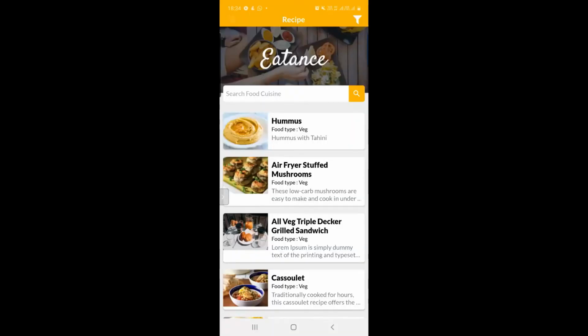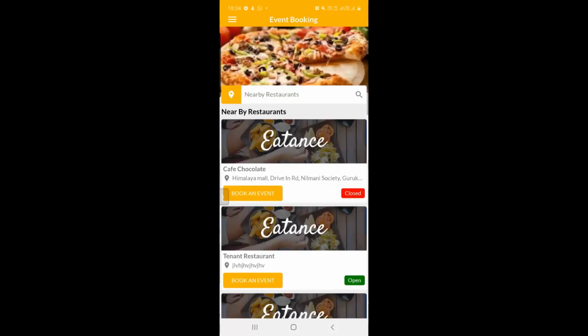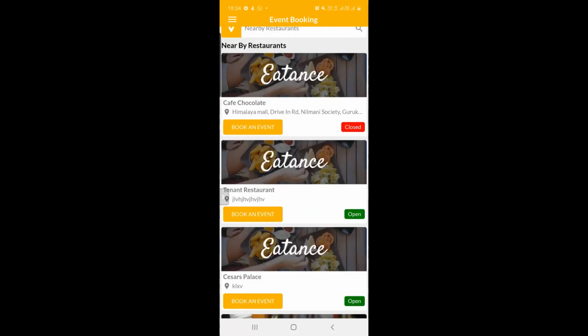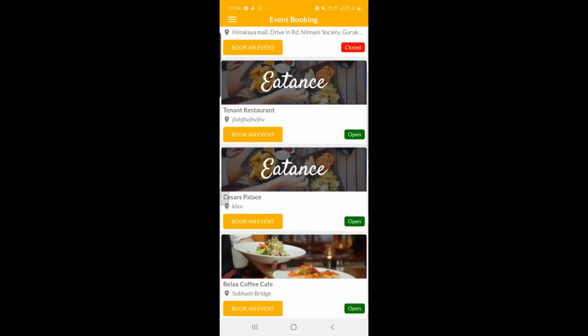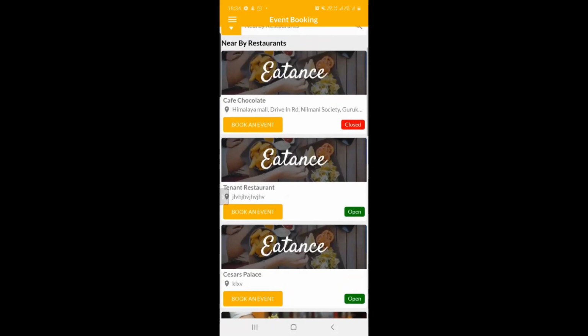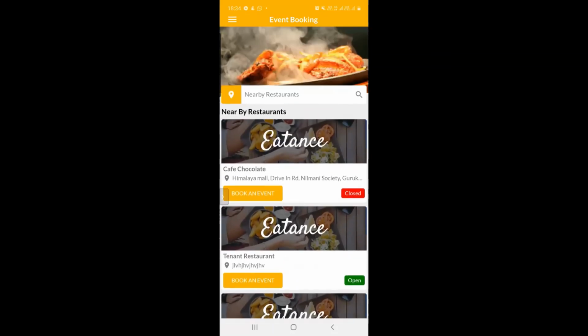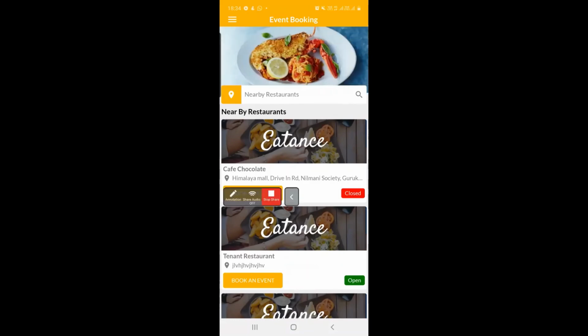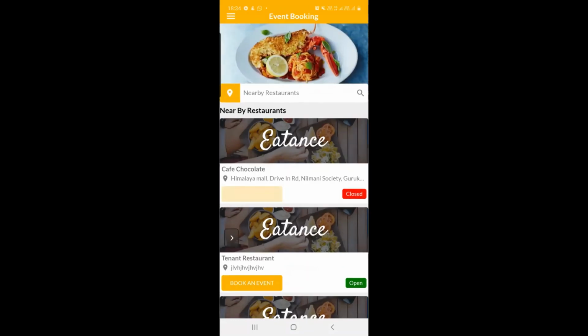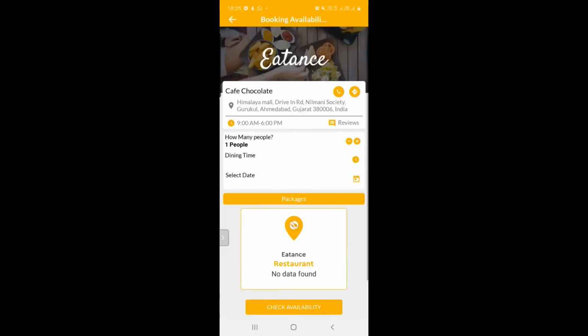Taking you back to the menu navigation, we have an event booking section. Please do understand the booking section is for booking an event at a nearby restaurant from the listing we have. Similarly, it shows the complete details about the restaurant with the open and close status and a book an event button. After clicking on book an event, it will take you to the complete page of the restaurant listing, which will give you the details about the restaurant, cover image, their contact number, location, review, and open and